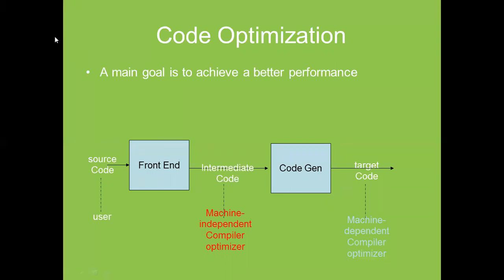Now you can see here in the block diagram, source code. Here it is written by the programmer. Source code means high level language program. Okay, the user writes the program. We can say the programmer writes the program in the high level language. Okay, that is called the source program or the source code. It is written by the programmer or the user.